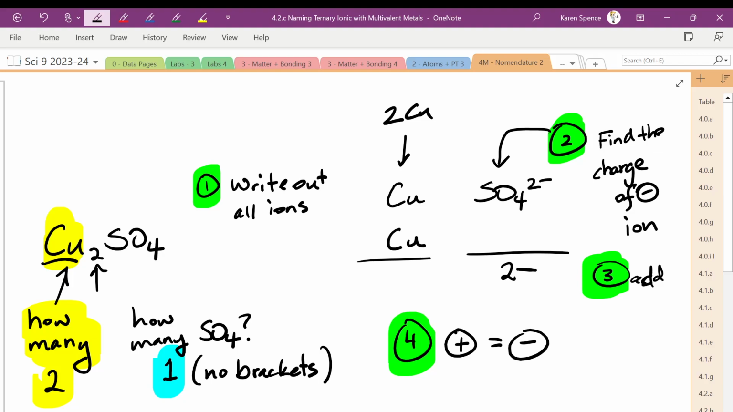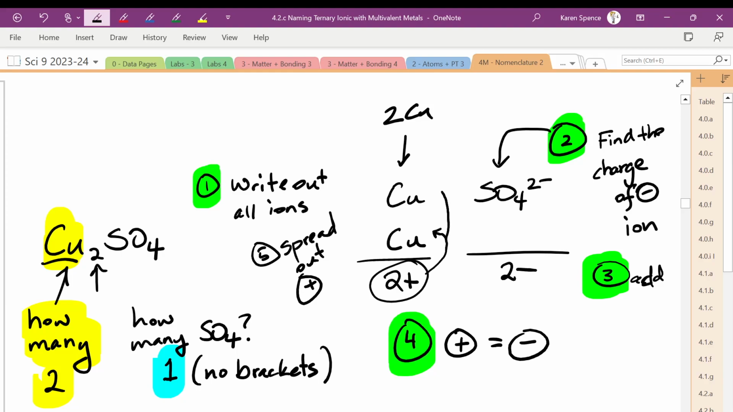So that means we have 2 positive. And then the 5th thing we do is spread out the positive charge. So we're going to take our 2 plus and we're going to say, where does it need to go? It needs to go onto copper and